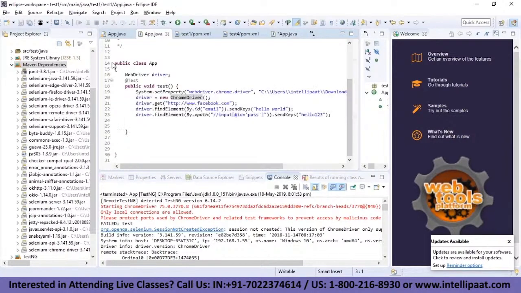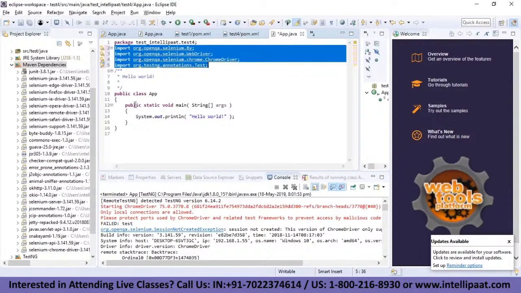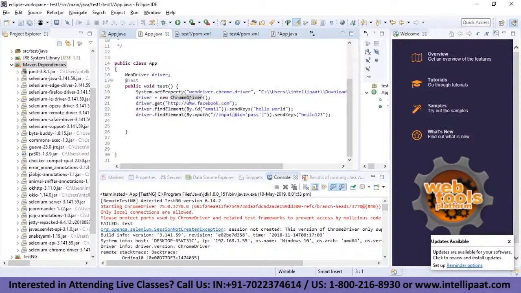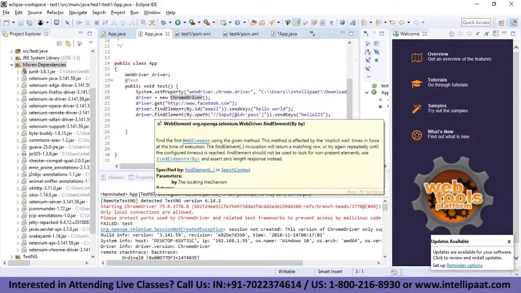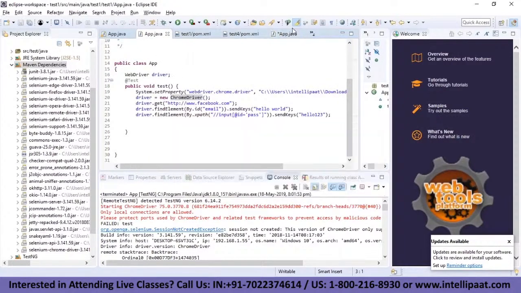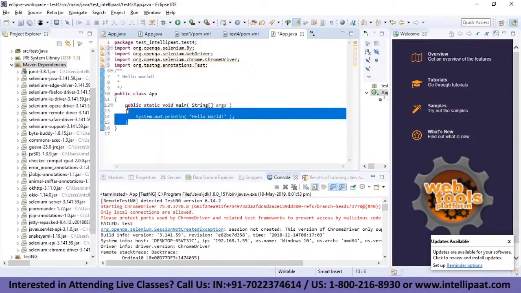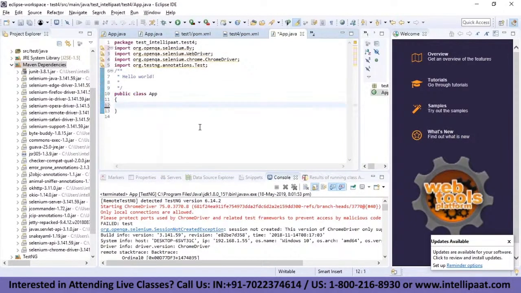So always it has to start with public class app. This is the new file that you would be getting. Public class app is what you'll be starting with. When you're basically using TestNG, in TestNG, there is no requirement of the main function. Okay, so what you can simply do is you can remove the main function from here. More about TestNG, I will make you understand. Right now, just assume you just have to remove the main function, and you'll have to write something like this: